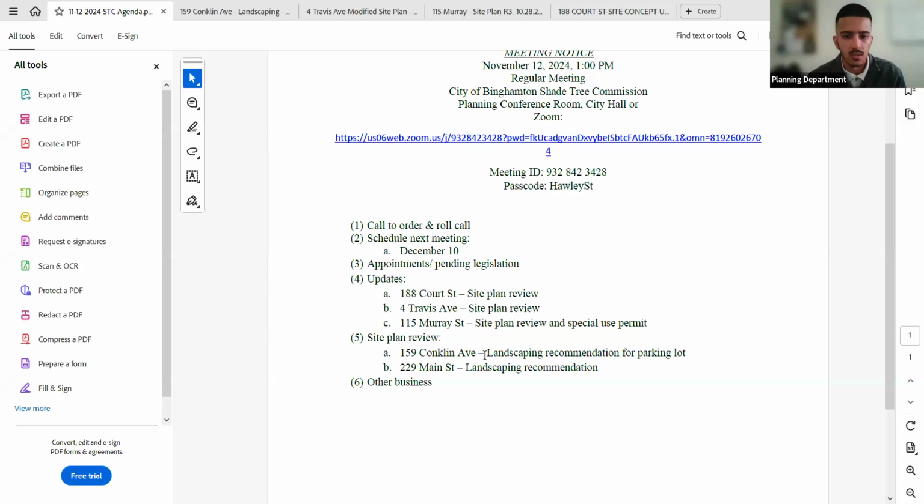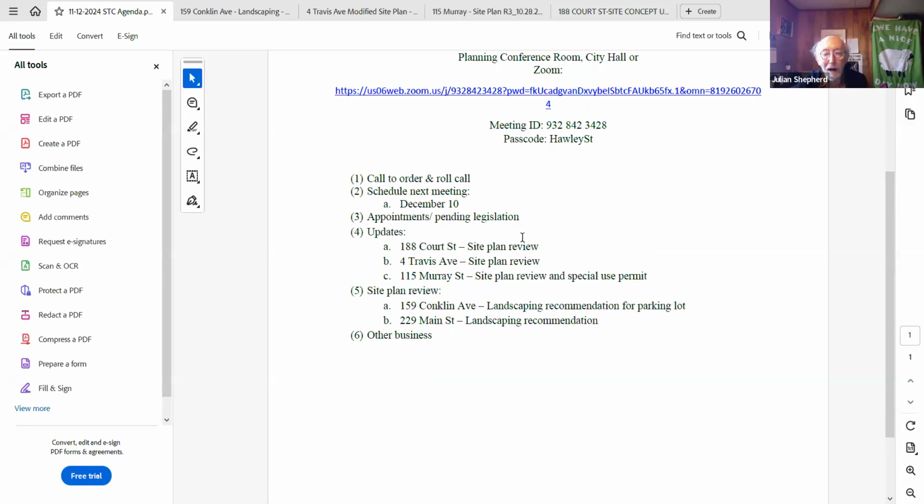Then 115 Murray Street. I believe Cam and Dr. Stafford had conversations with the applicant for 115 Murray through the email. Yeah, that's because he contacted us. Yep, he was essentially on a time crunch, and I told him that I would relay the message to you all.